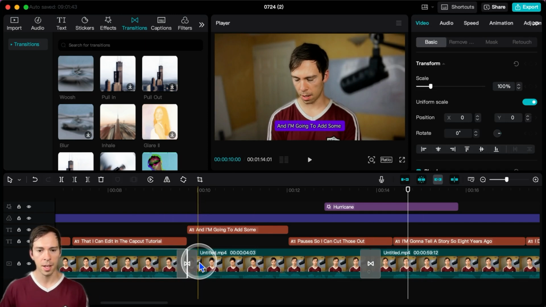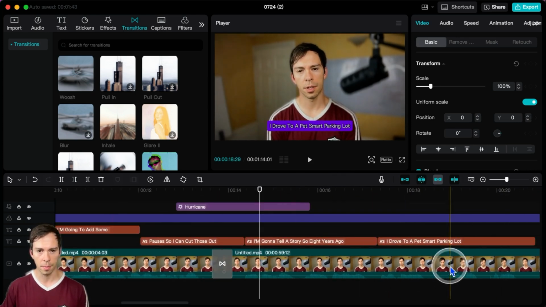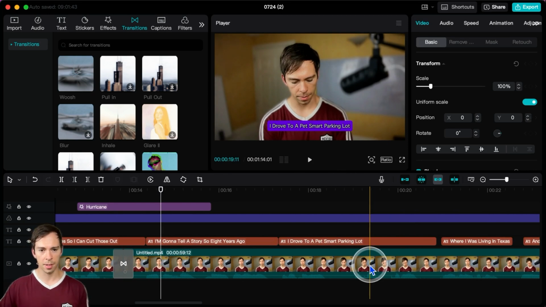It doesn't look that dramatic, but if you had totally different scenes, these transitions would look a lot more dramatic. But go through, add transitions to all the cuts in your video, and I'll see you